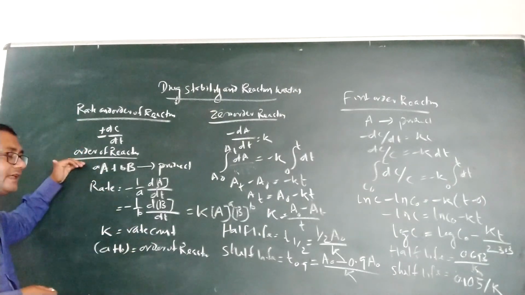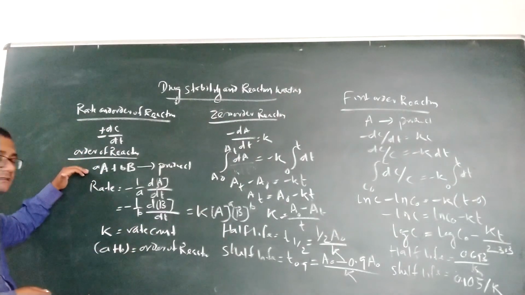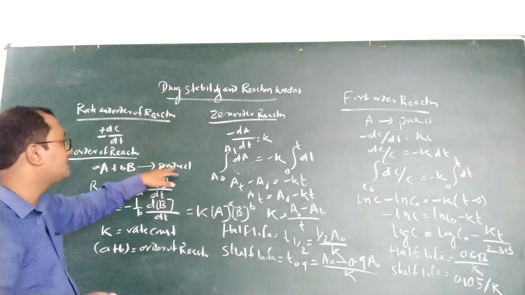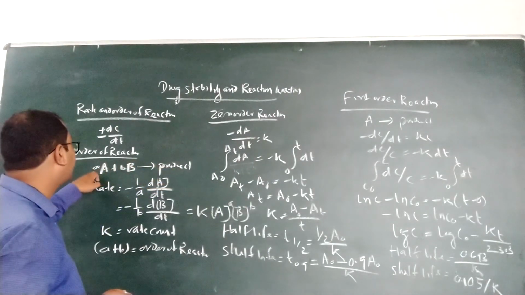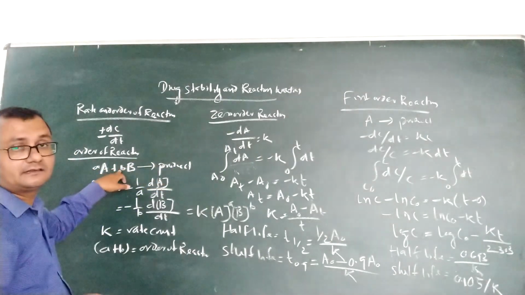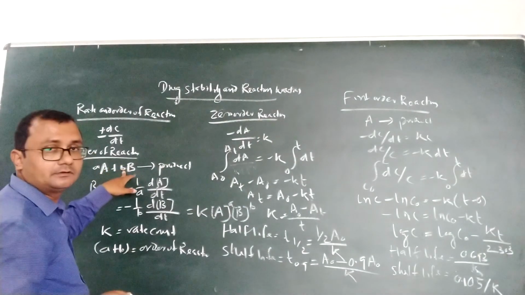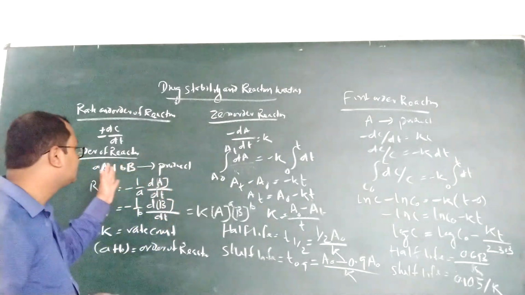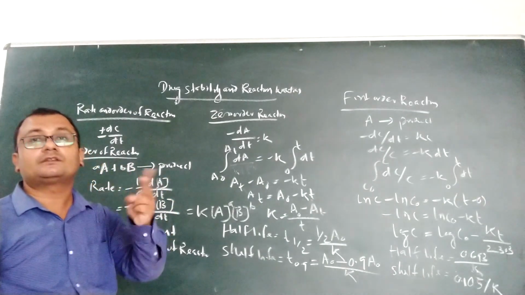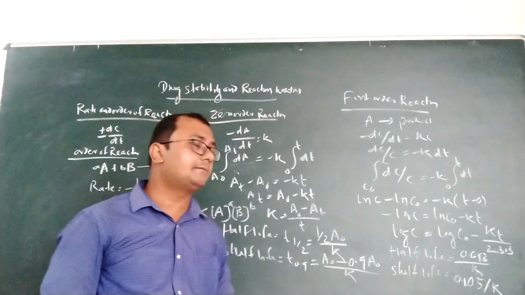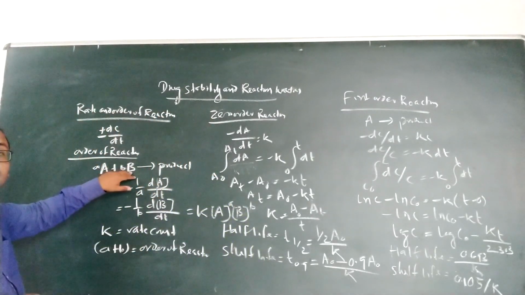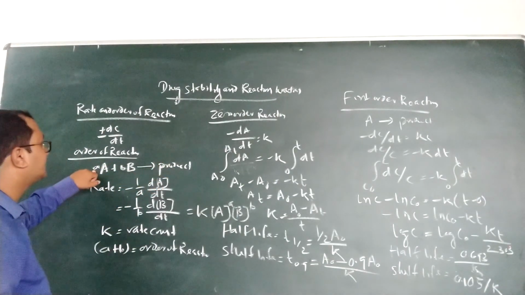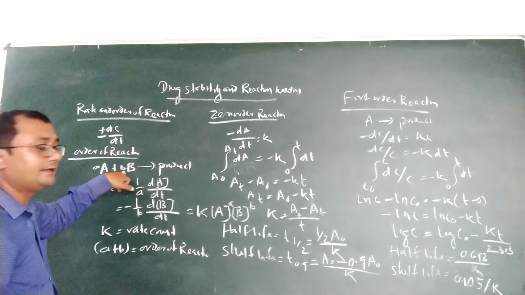Now coming to the order of reaction, let us take one example reaction, small a A plus small b B giving a product. What are small a and small b? They are the molar concentrations, or molecularity, of these two chemical substances. A and B are both chemical substances, and here we are taking one example. A is one chemical, B is one chemical, which react with each other to give the product. So this is the concentration of A and the concentration of B.